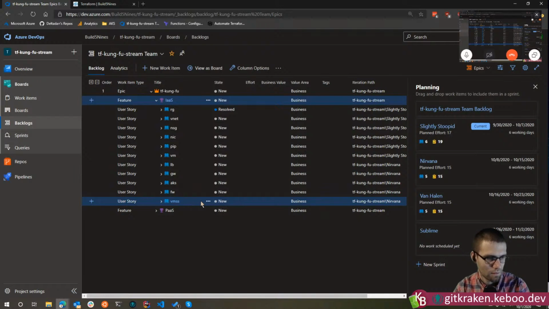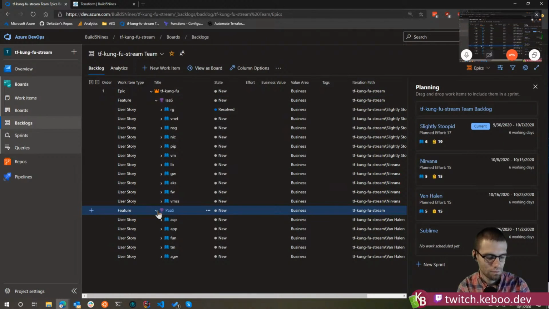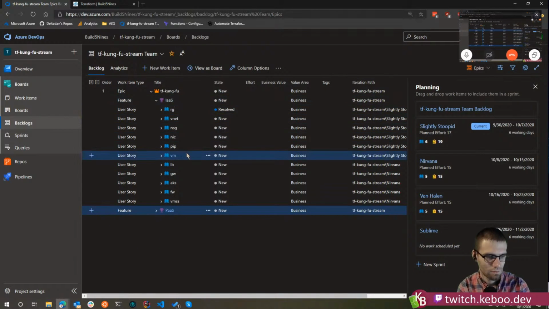We'll start with some of the simpler things, and maybe we'll get to some PaaS resources later. We'll start with resource groups, virtual networks, network security groups, NICs, public IPs, VMs, that sort of thing. That's in our first sprint, and we name these after bands.